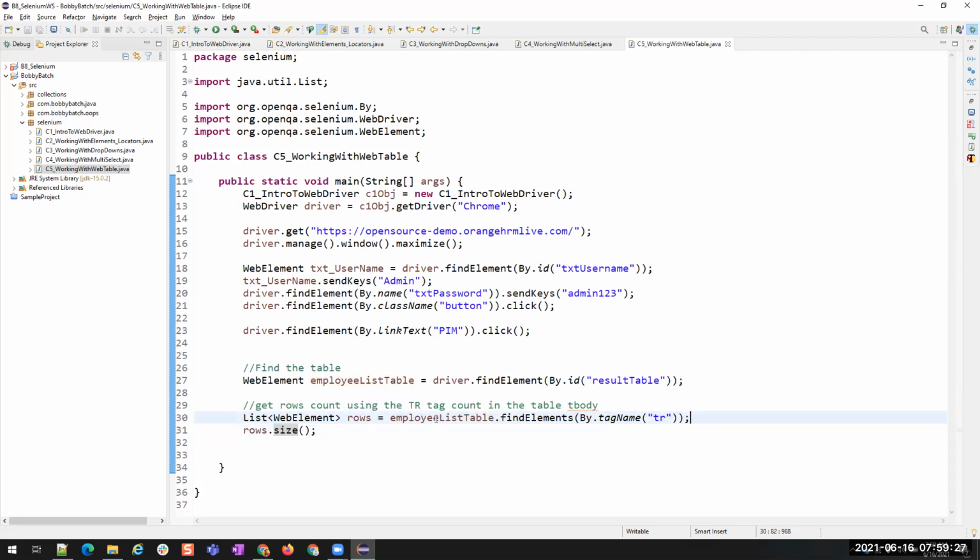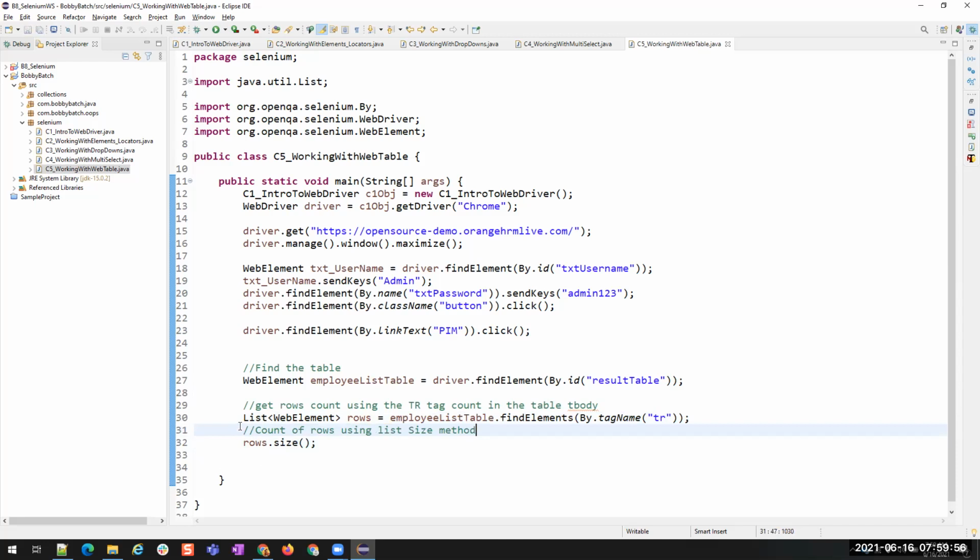Right. Now, what did we do? We found the table, and on the table we found all the row elements, and now to get the count of it, we are using this size. Count of rows using the list size method.